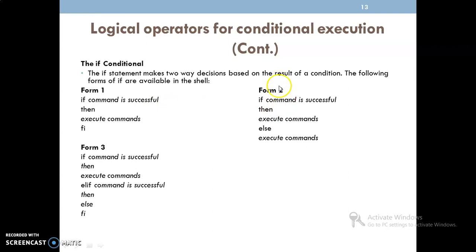Then the second form of the if statement is: if the command is successful, then execute the commands, else execute the next command. This is the if else statement in C language. Next, form 3 is: if the command is successful, then execute the command, else if command is successful, just like the else if ladder we use in the C language.